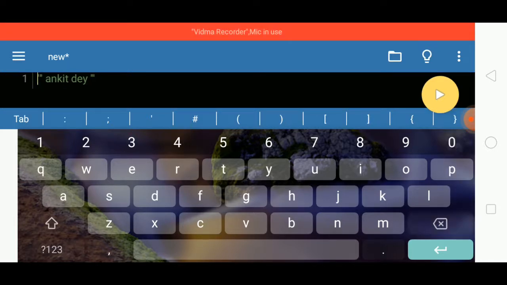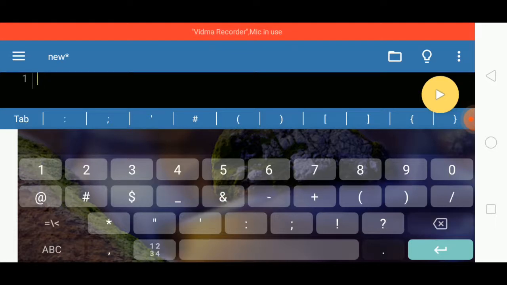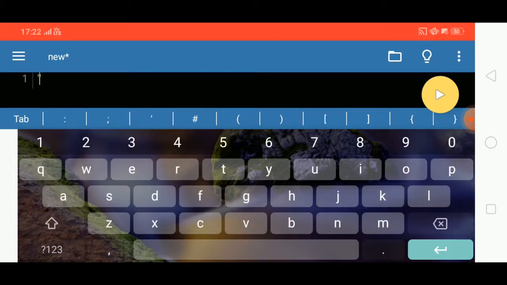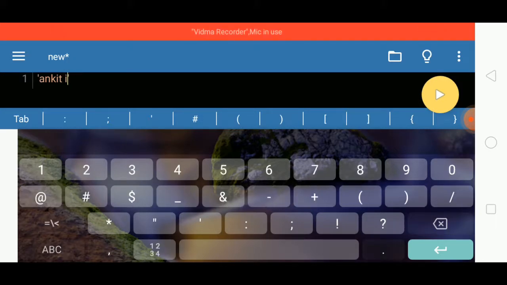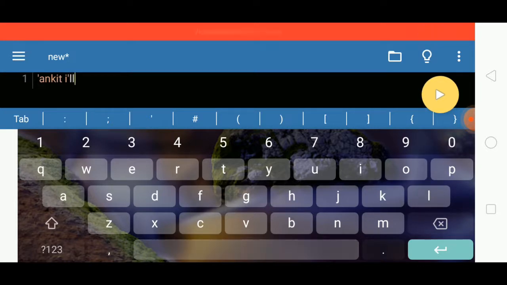So in this way we can identify strings, and you must have a question in your mind: why do we need three methods of writing this? The answer is very simple. If I need to put a single quote in the middle of a sentence, what will we need to do? See, if I start with a single quote and write ANKIT, I'll